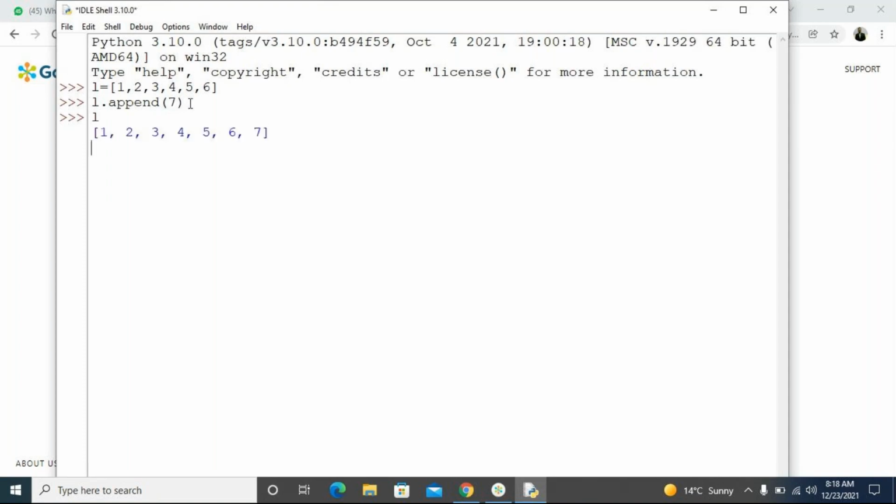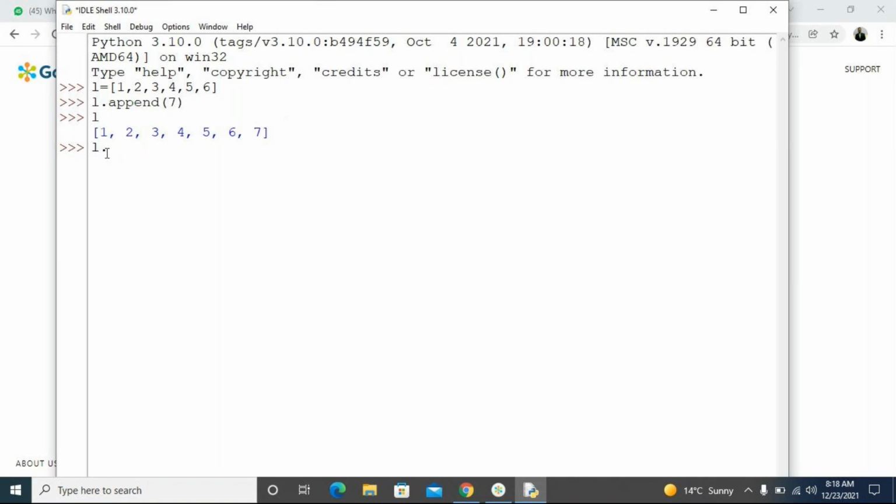If I print L, you see 7 is added at the end. So append is a method which is part of list. Anything represented with square brackets like this is called a list. When you append, only one element can be added in one go, and it is added at the last index.